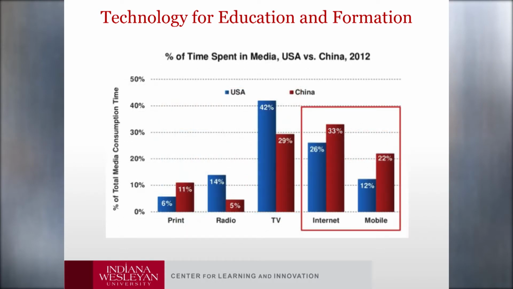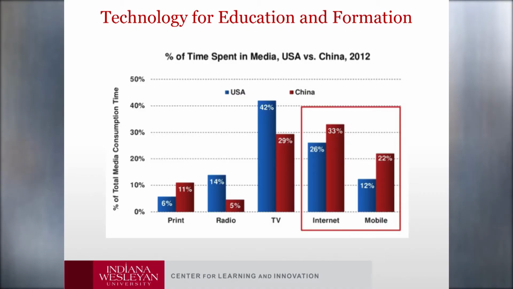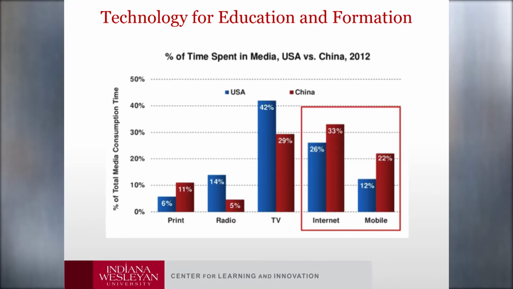It's also interesting as we talk about our global ministry and formation here in the U.S. versus in other parts of the world. This is just one example of that when we look at China and the kind of things they're doing with media. For us, we're still pretty dominantly a TV-oriented society. There's lots of reasons for that, I won't even go into it. But you can see that in China, certainly that's not the case. Their internet use, however, is very high. And on the mobile side, they're quite high compared to what we're doing. So the amount and types of media that people are consuming is changing pretty rapidly as well.